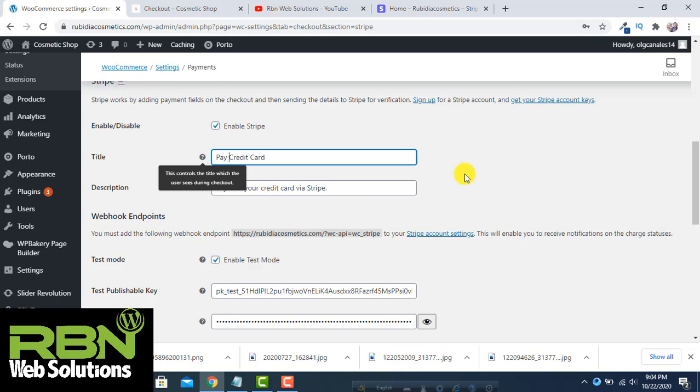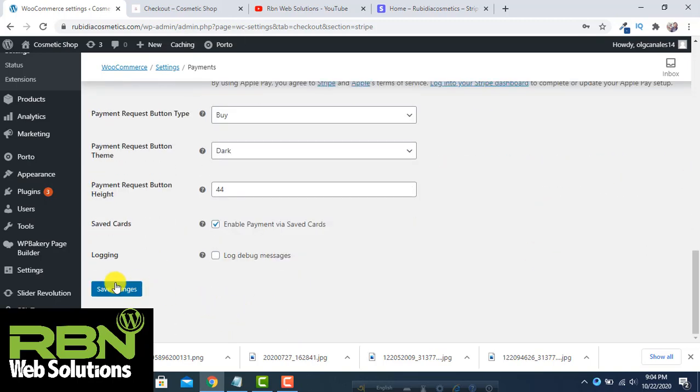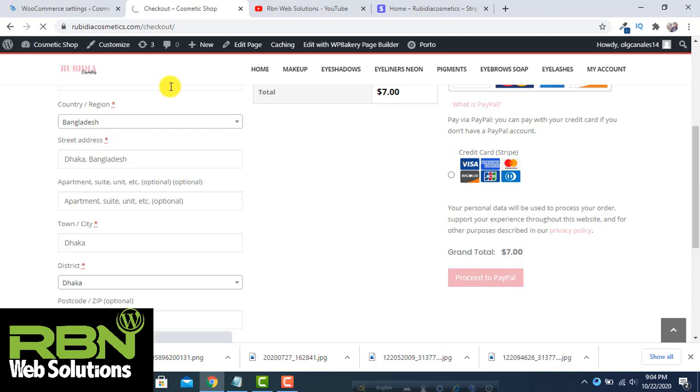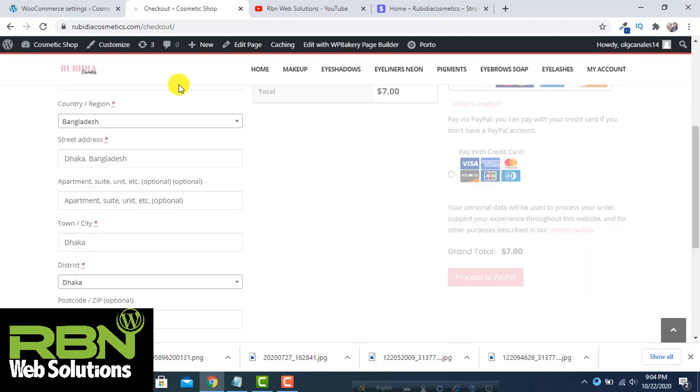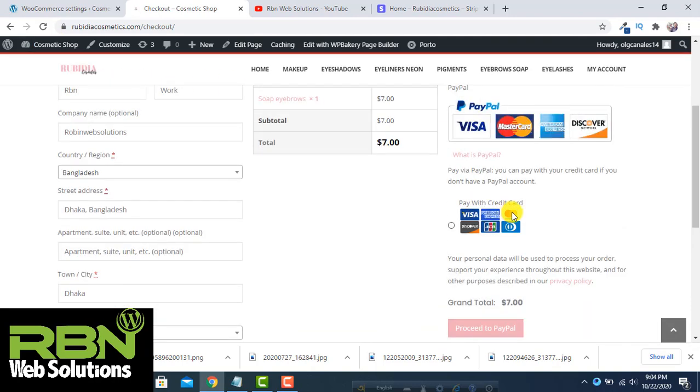So we are going to put Pay with credit card, then save changes, and after that reload the site again. Now you will see Pay with credit card.